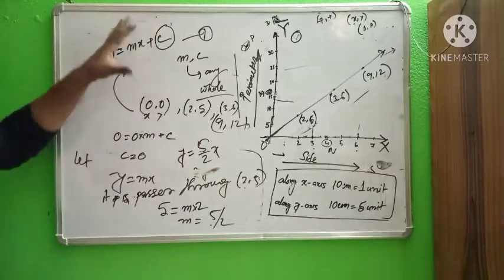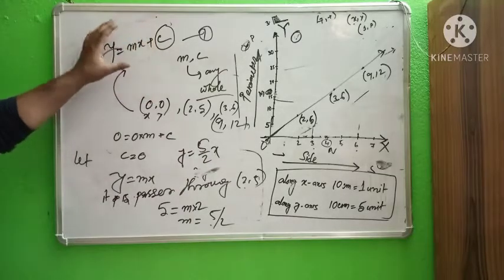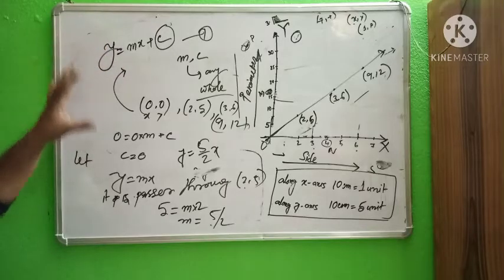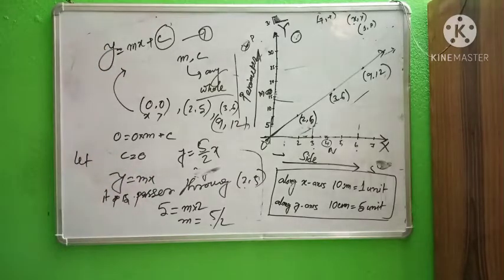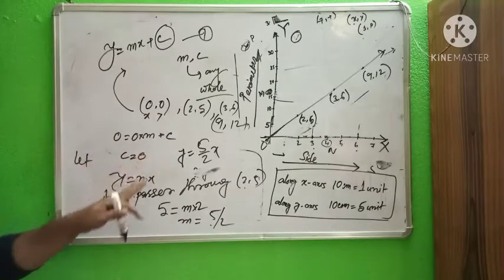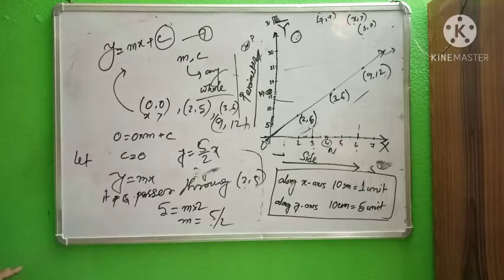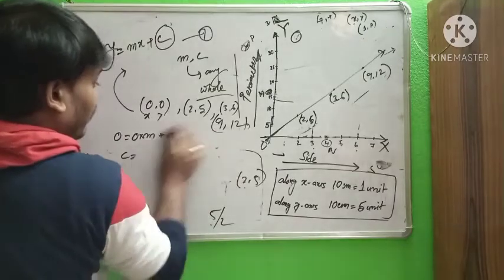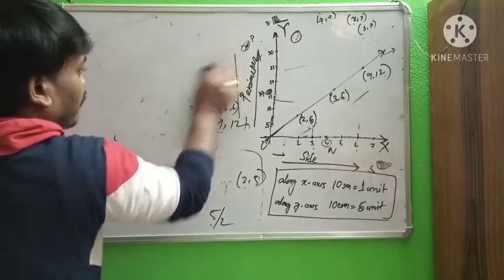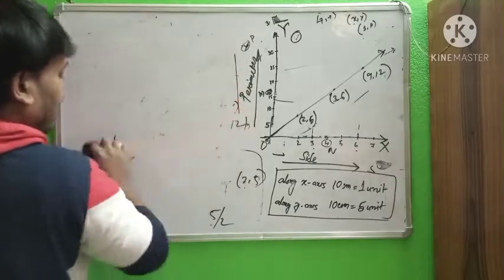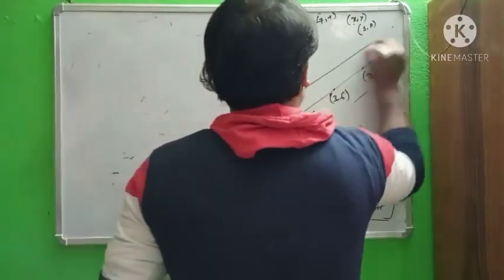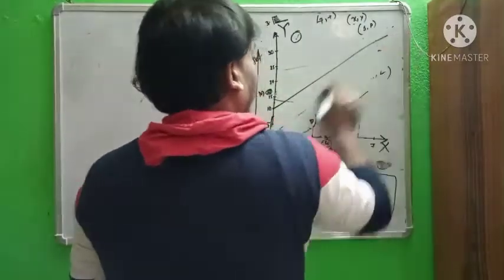The first way we have already given, the concept of the first way: we compare the values and write the equation. If you have any problem, you can use this concept. It's not for class 8, but you can use it. So y equal to mx plus c is for all equations. If it passes through the origin, then y equal to mx.